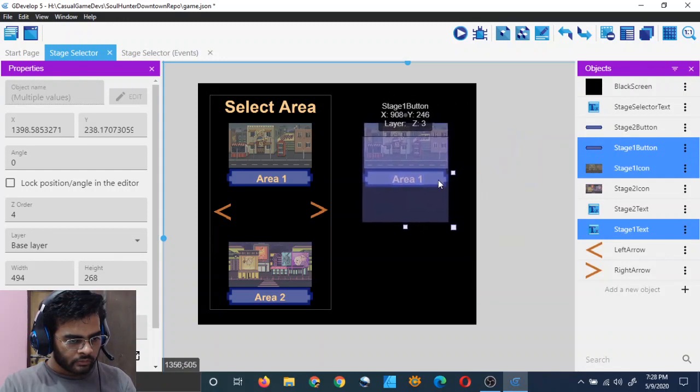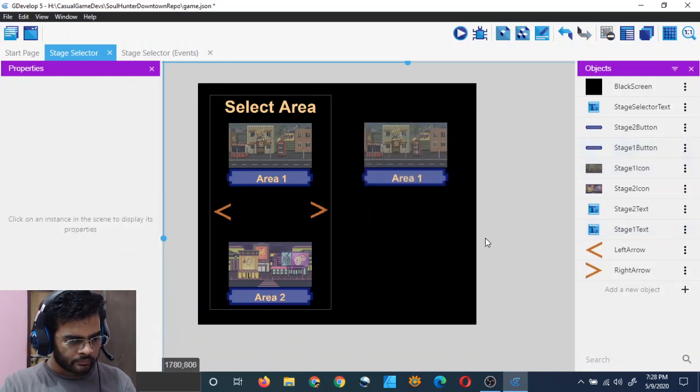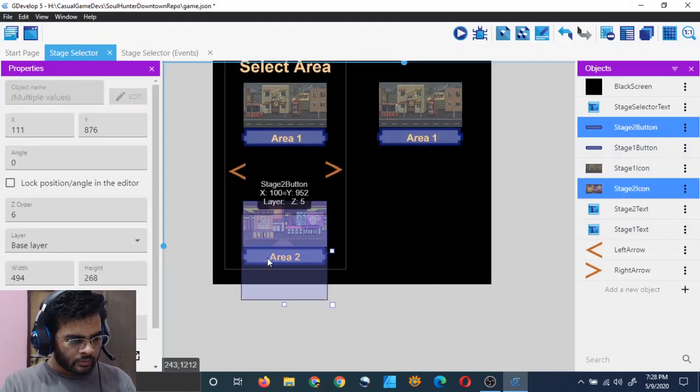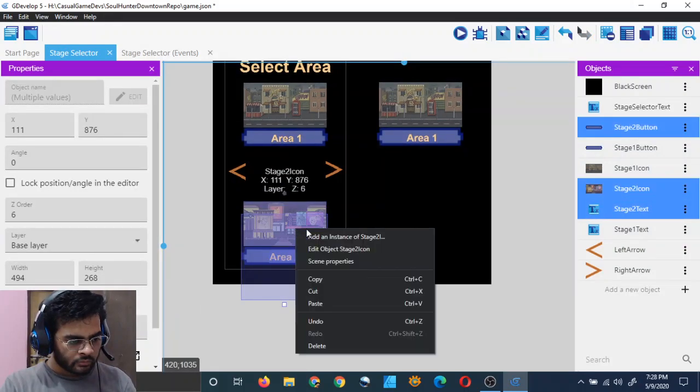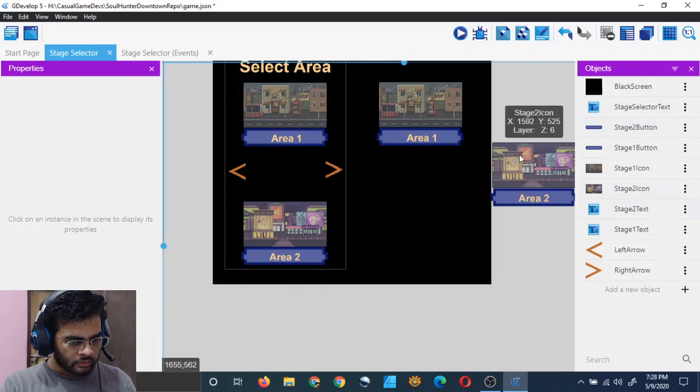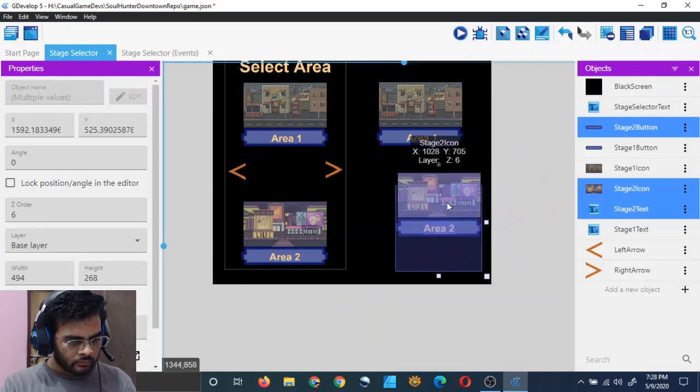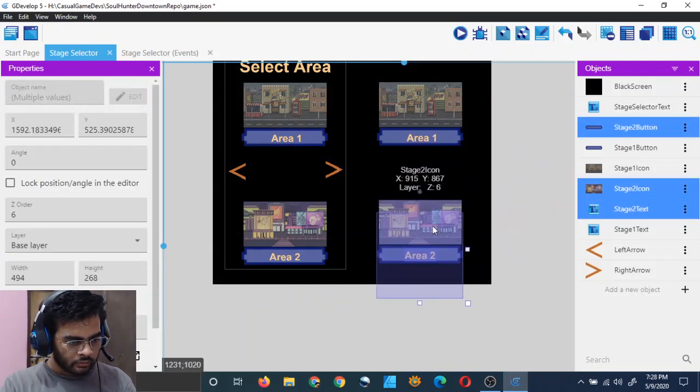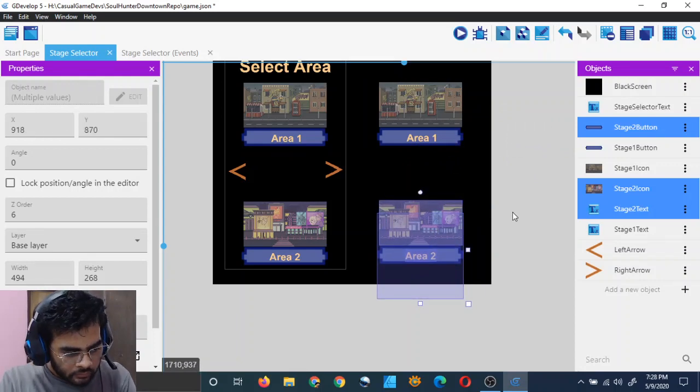And I will just put it about here, about the post. And then copy this, copy and paste. Put it here, around here. You can use arrow keys for precise positioning.